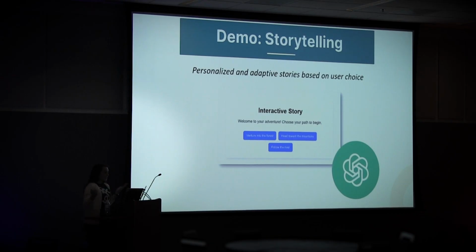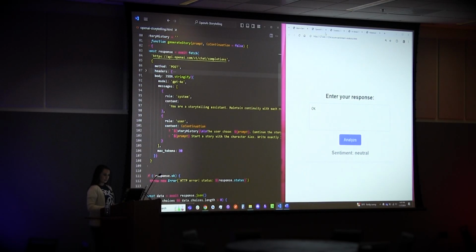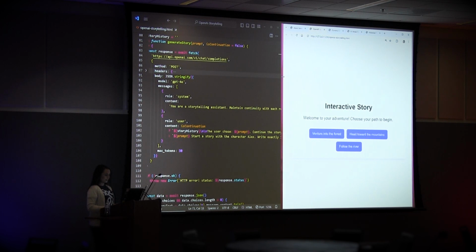The demo is going to showcase how AI enables dynamic branching narratives where every decision shapes the path to the end. This kind of storytelling is fun, and it's used in all kinds of applications like education, gaming, and more, whether specifically for games or not. Okay, so now we're going to take a look at the demo. Bring that up. Here we go. Okay, pretty straightforward demo.